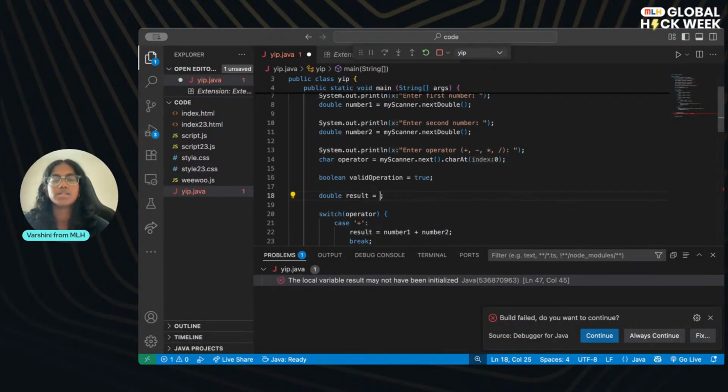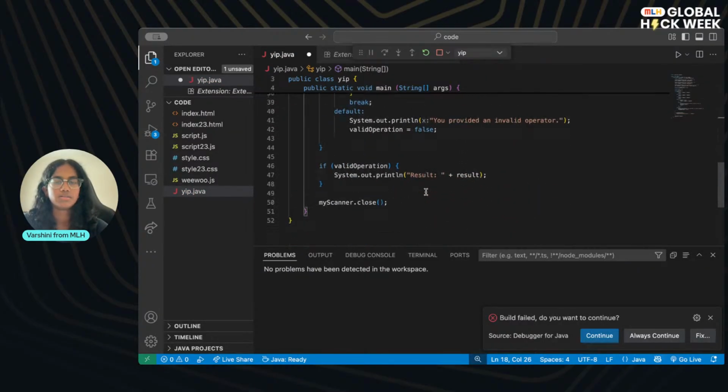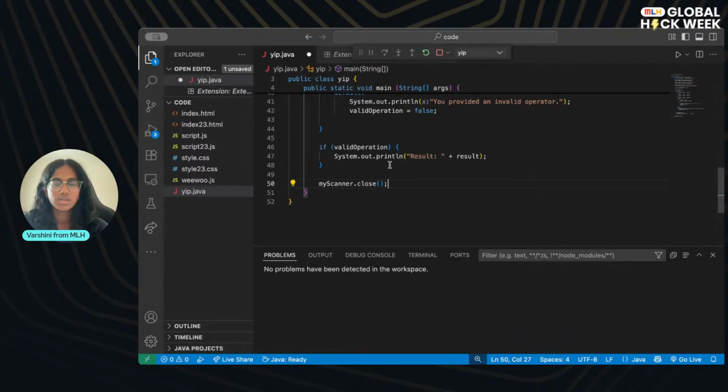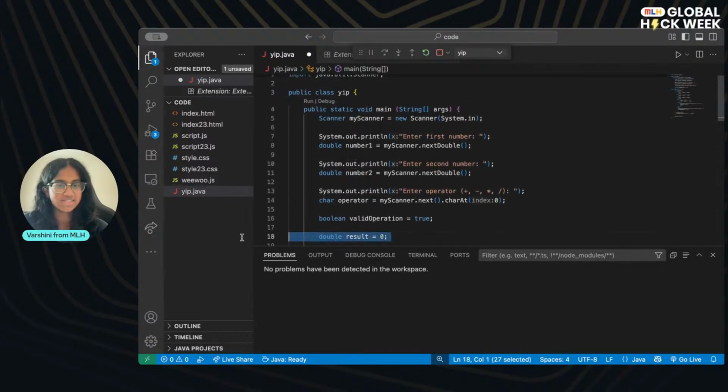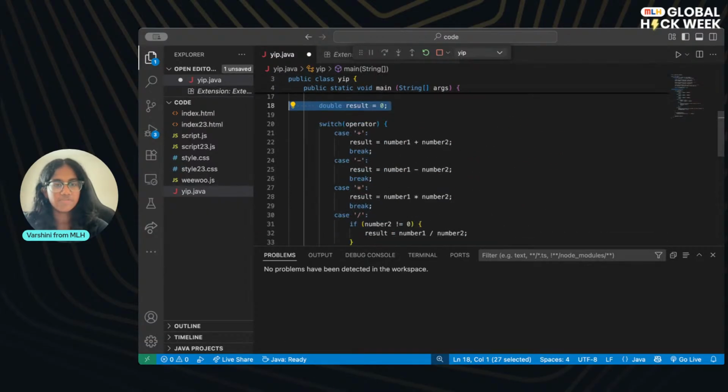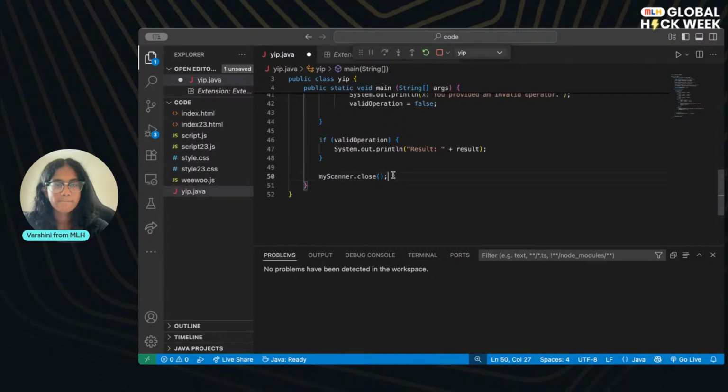Or actually, even when doing this, let's just go ahead and not do any of that. Even if this is true, you still might not be able to return something. So we're just going to go ahead and default set this to 0, so that if it's returning 0, then you know that's not the right output. So that should fix the error that we were having, just setting it to a default value. Let's go ahead and check that.